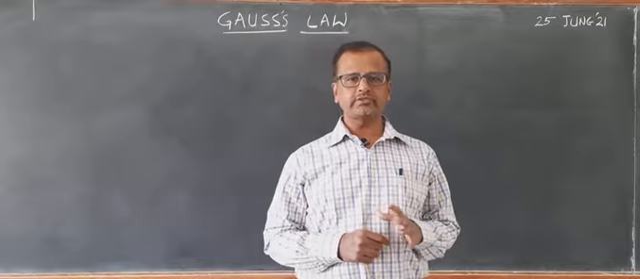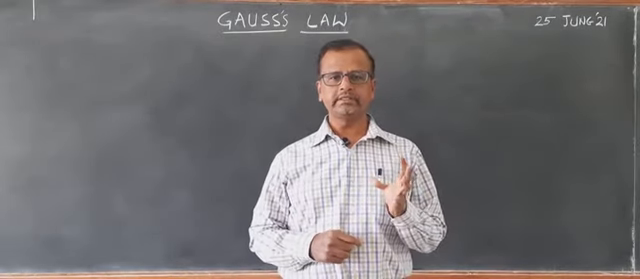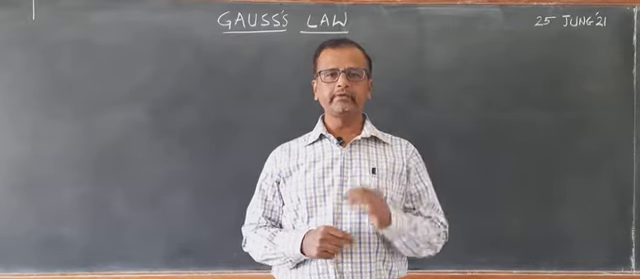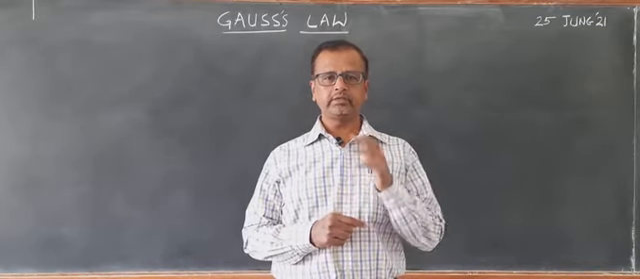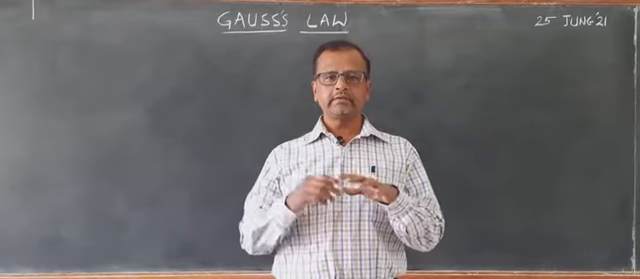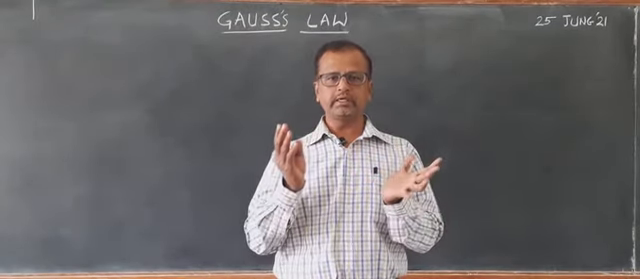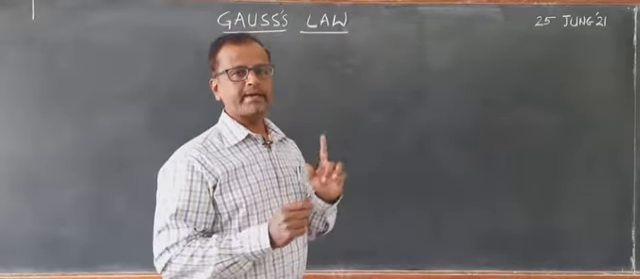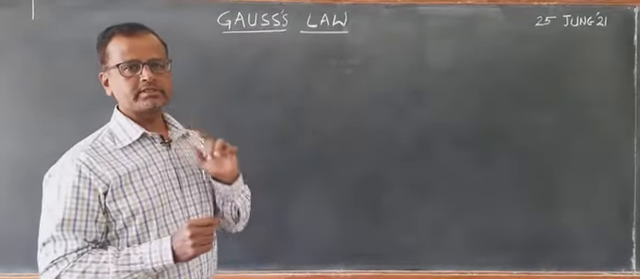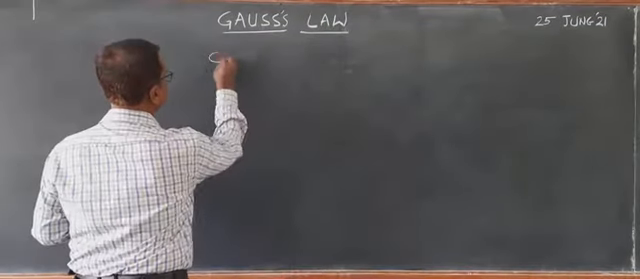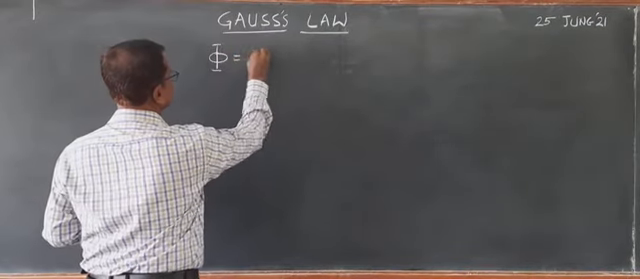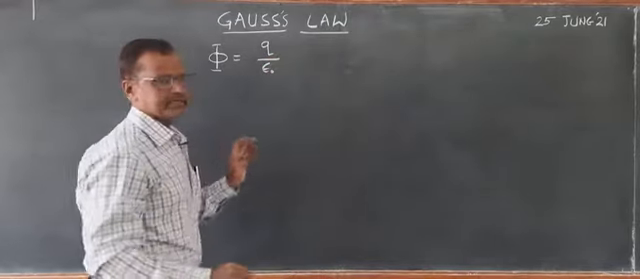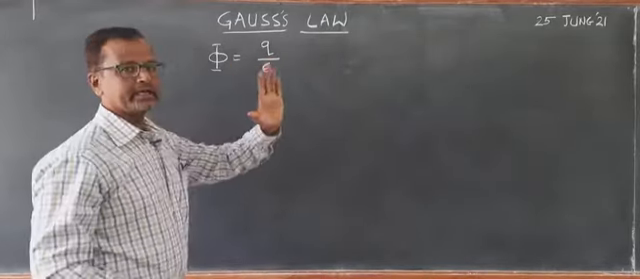The statement of Gauss law, as we learnt it, is the total electric flux linking with the surface, the total electric flux penetrating through a surface or enclosed surface, is equal to 1 by epsilon naught times the charge enclosed by it. So, if phi is the total flux, then it is 1 by epsilon naught times charge. It means the total electric flux linking with the surface